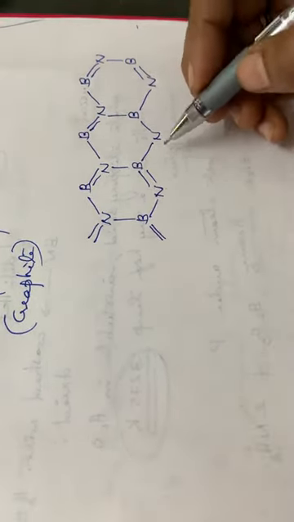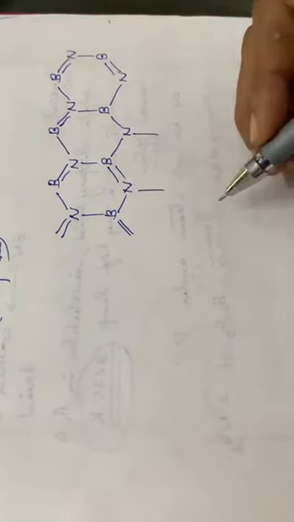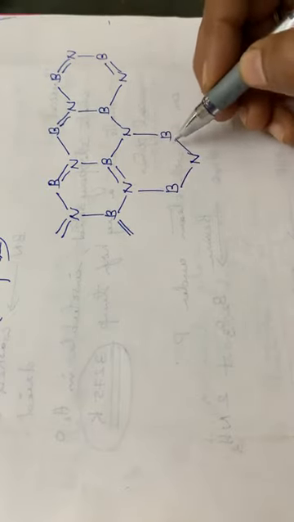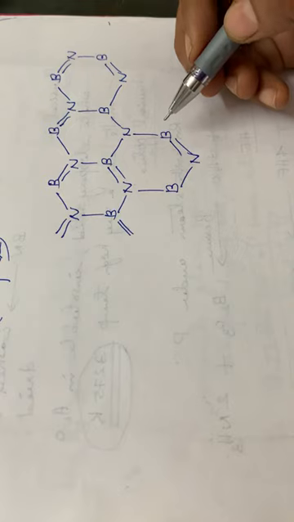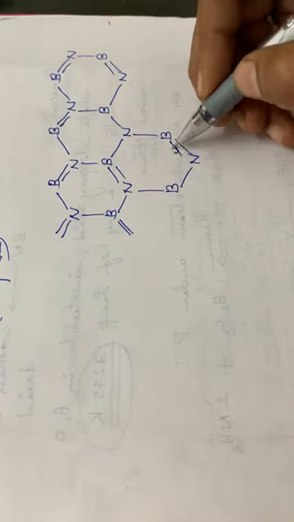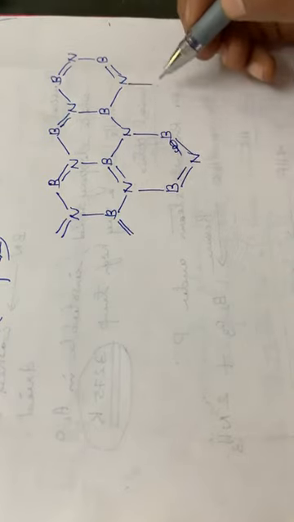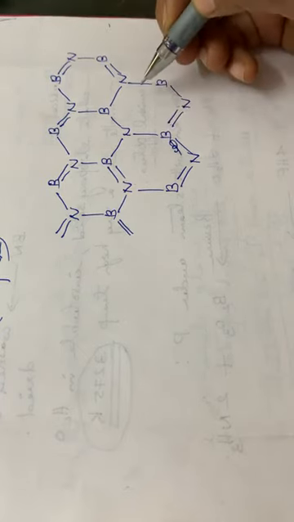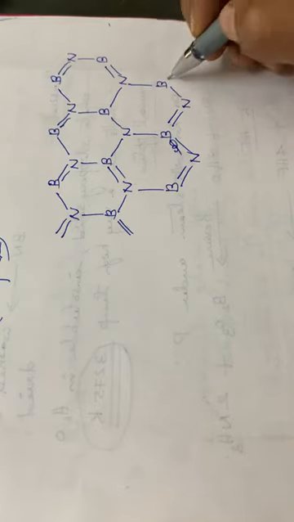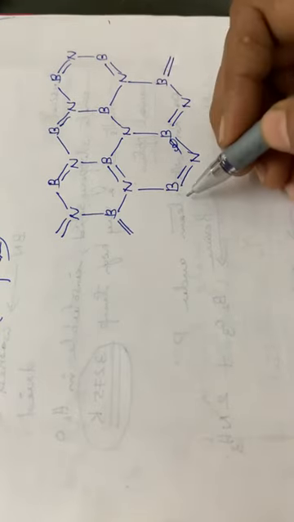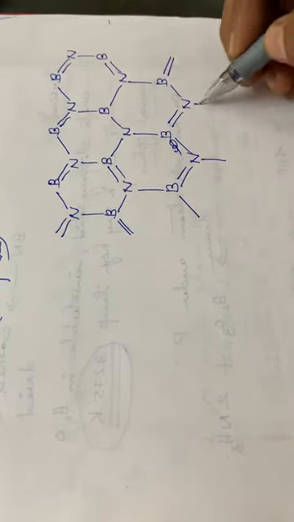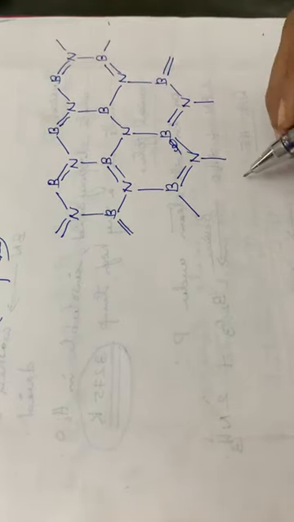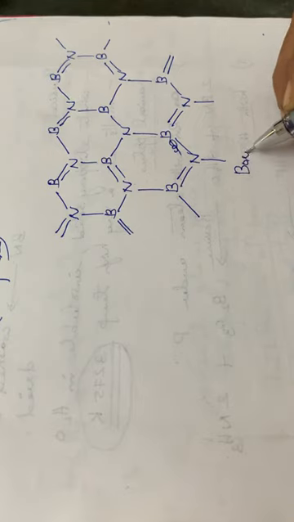Okay. Again, here it will be boron, boron, then nitrogen, nitrogen. Here double bond. Not here, double bond will be here. Then boron, again nitrogen, double bond will be here. Here also. Okay. Single bond, single bond, single bond, single bond, single bond. Okay, so this is the structure of boron nitride.